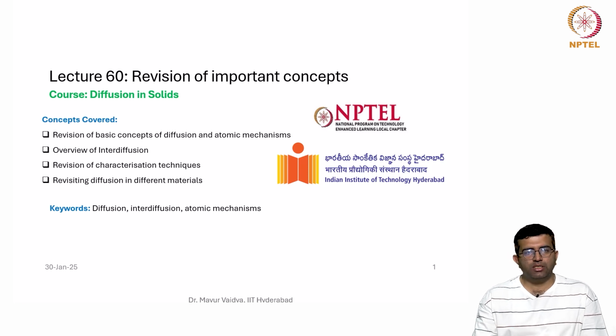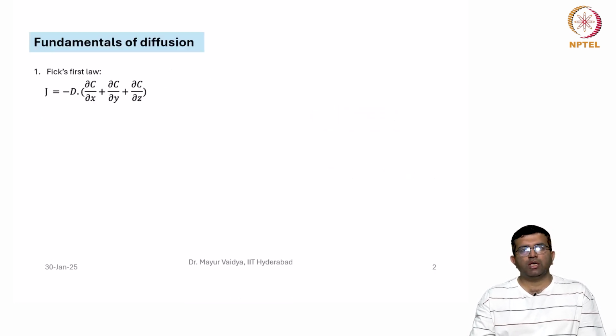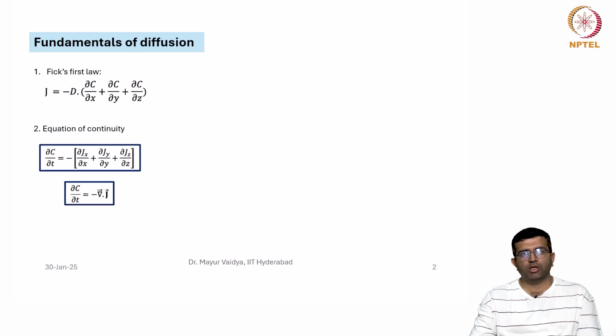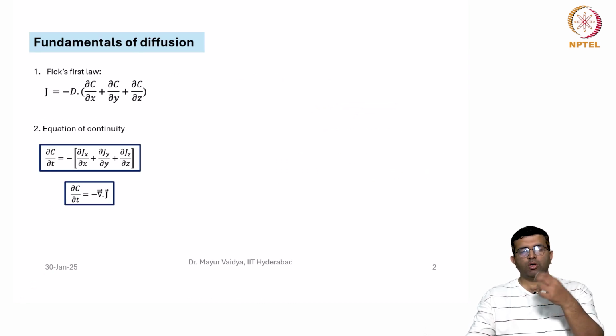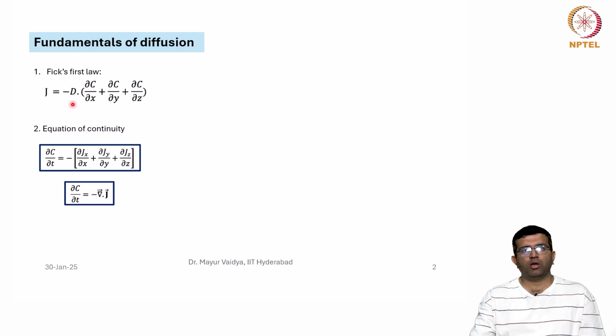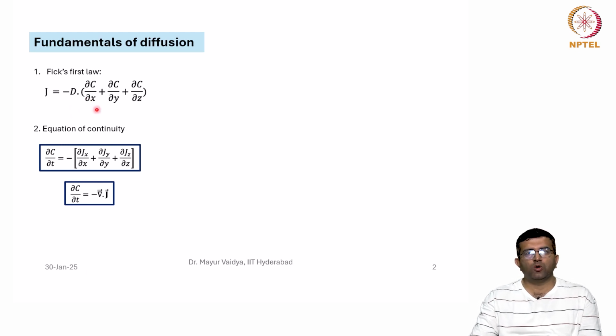So let us start. We started the course with the fundamentals of diffusion. Of course, we also did a little bit of mathematical review of the concepts. We started with Fick's first law, which is J equal to minus D dou c by dou x plus dou c by dou y plus dou c by dou z in the Cartesian form, and based on the equation of continuity, which is dou c by dou t equal to minus del dot J,